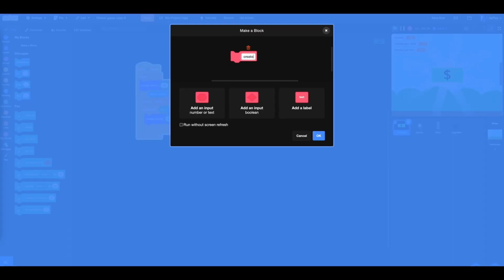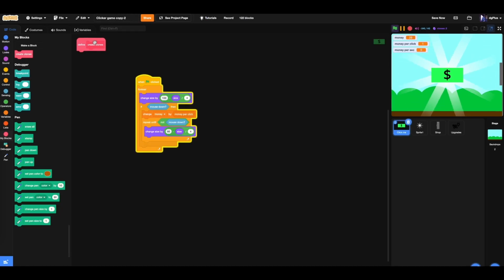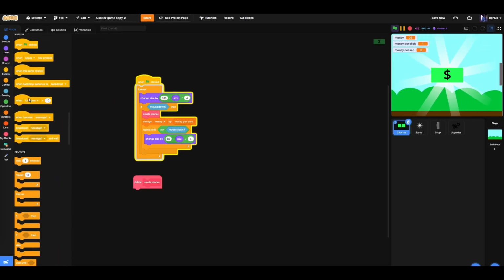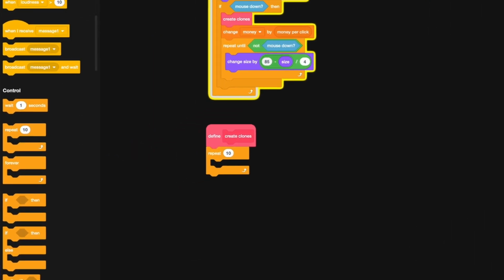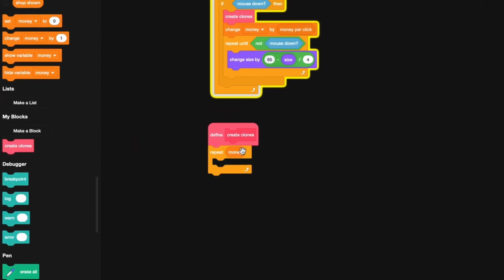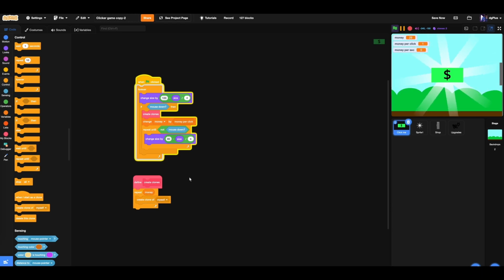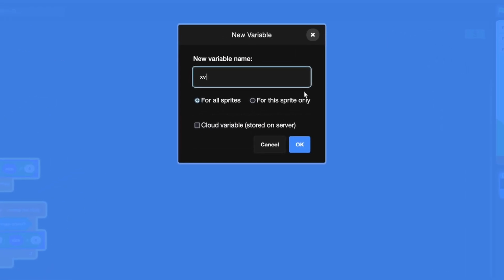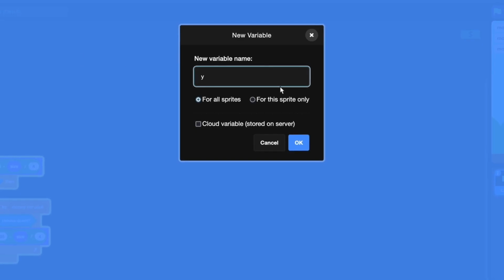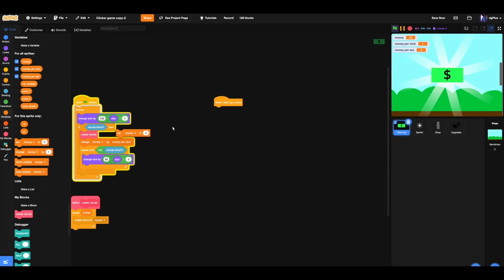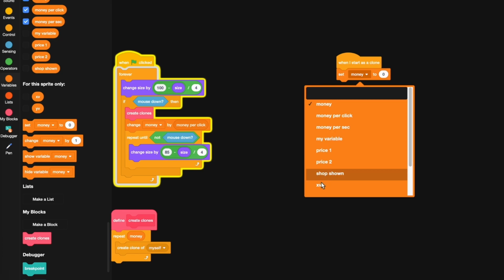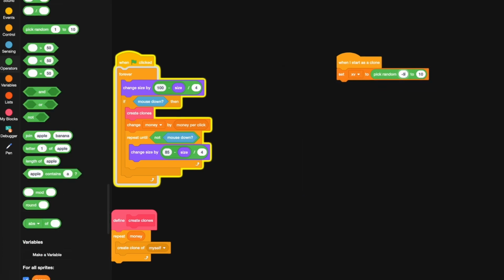Alright, so now we're going to create a block, create clones, run without screen refresh, make sure to do that. I'm going to put that in when if mouse down. We're going to repeat money, and then we're just going to create clone. Alright, now we're going to create a new variable called xv for this sprite only and yv for this sprite only. Alright, cool. Now we can set xv to random -9 to 9,